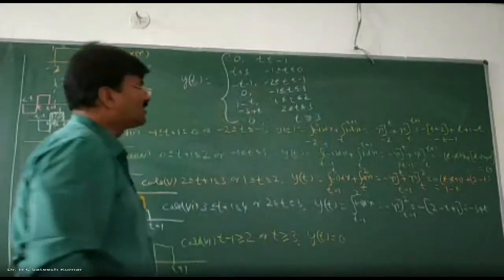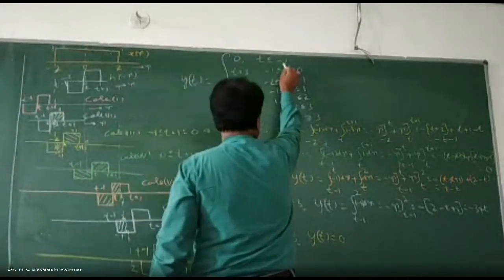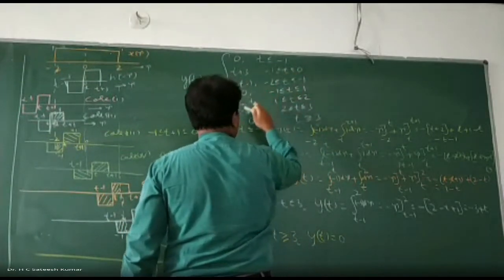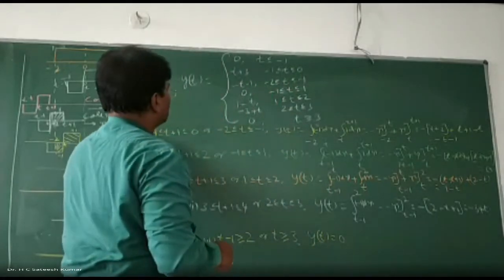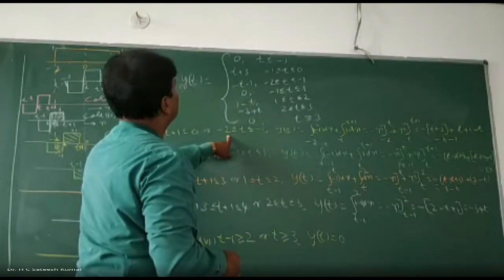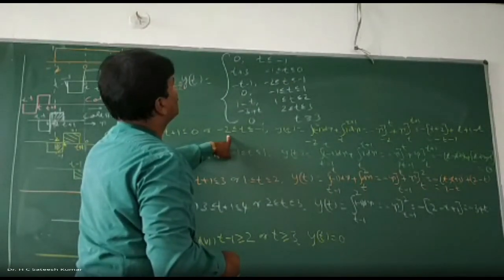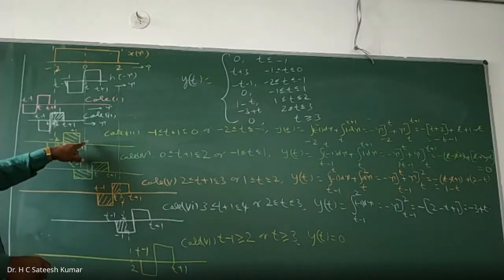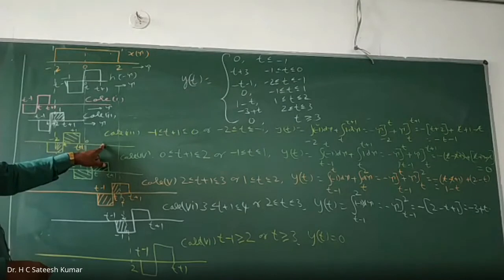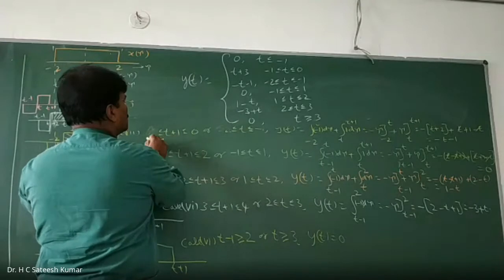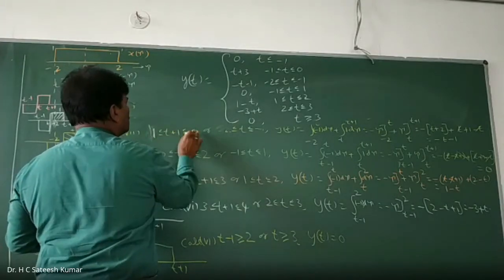Now you verify the answer. Minus infinity to -1, -1 to 0. Okay, we made a mistake here. And the third case is... sorry, the third case we'll have to check. Second case, what do we have? We have moved from 0 to 1. Next 1 to 2. It is not -1 to 2. So t plus 1 lies between 1 to 2.